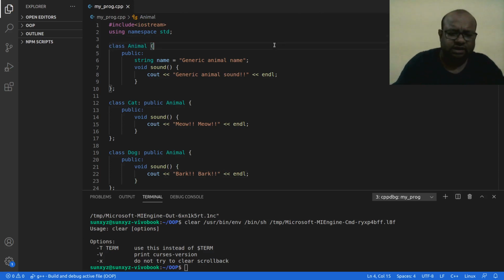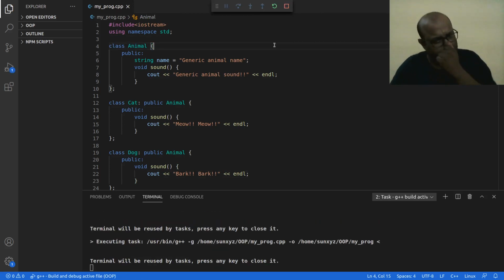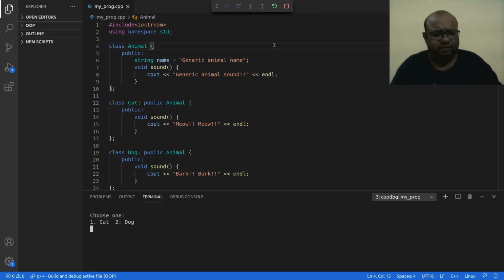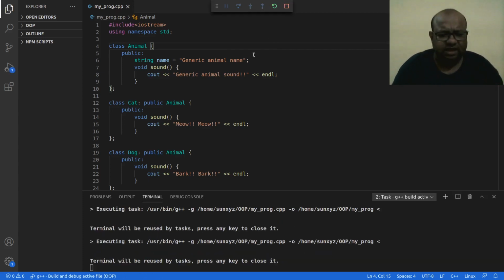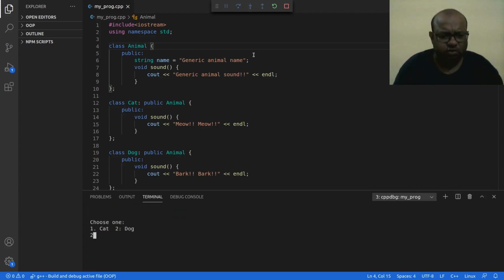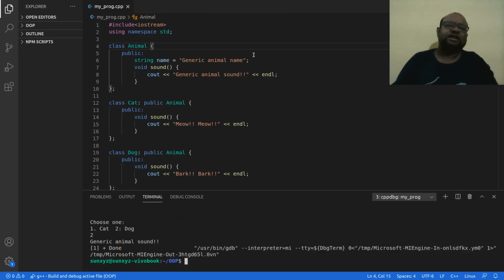Okay, let me go ahead and run this program. I have to choose cat. It says generic animal sound. If I choose dog, it is going to say generic animal sound.